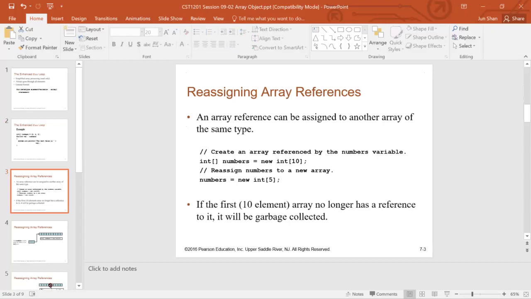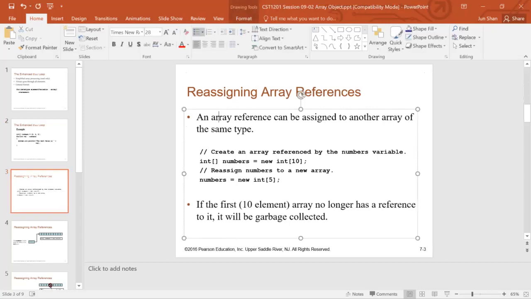Now, an array itself is an object, so it follows all the rules of object operation. An array variable is a reference. Remember this: the array name is not a variable itself, and it's not an element itself. It's just a reference. It can also be assigned to another array of the same type,